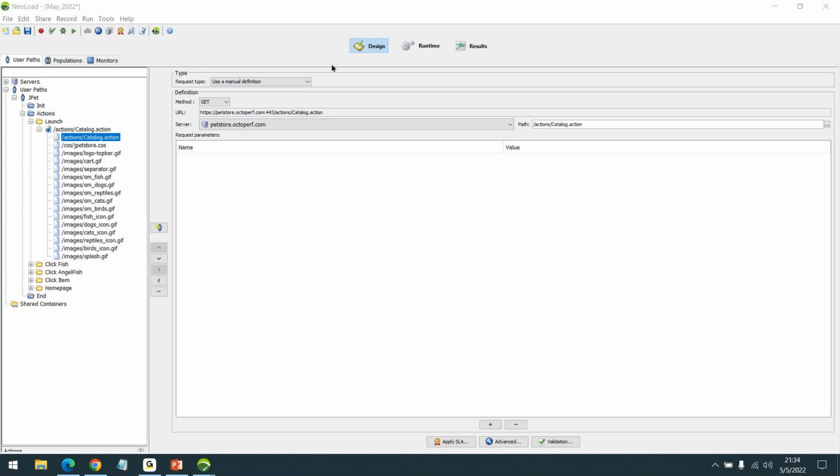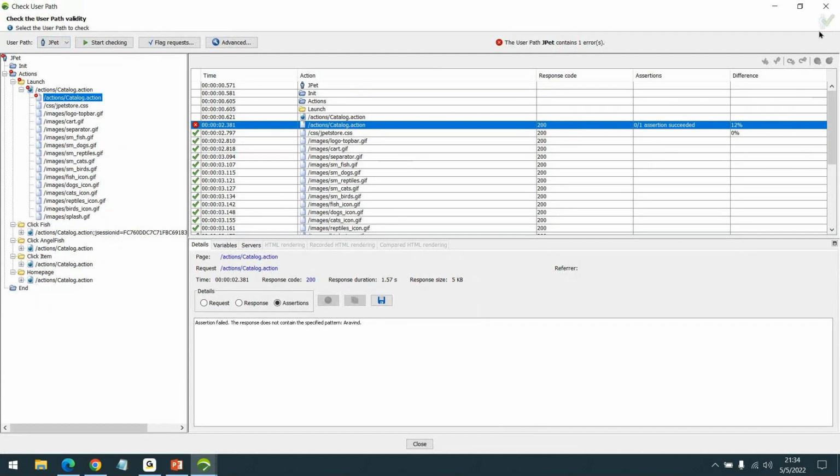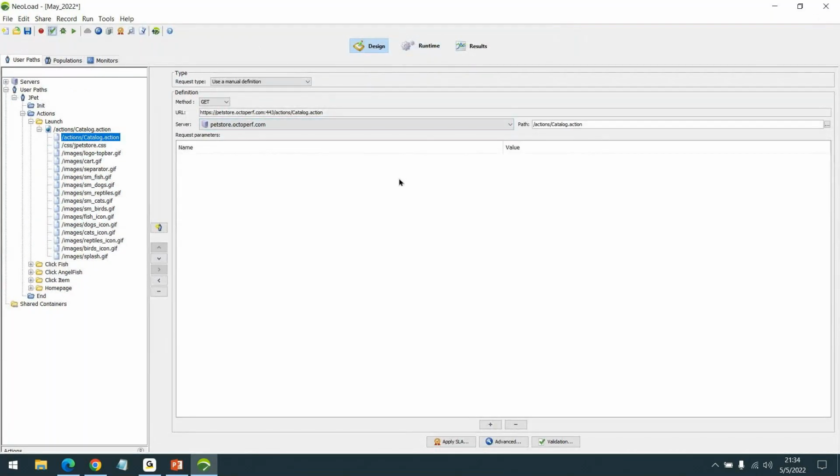During execution, whatever we have developed, created and implemented will be applied in the runtime too. Whatever we applied in the user path under design will be taken, because what we see here is a single user. In the runtime it will be multiple users, like 10 users or 50 users. So it's a simulation of this user path, like a virtual user.